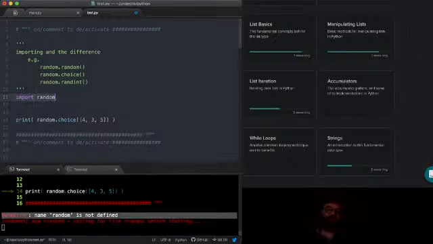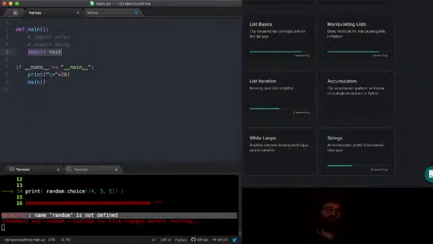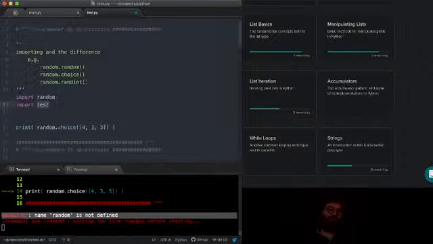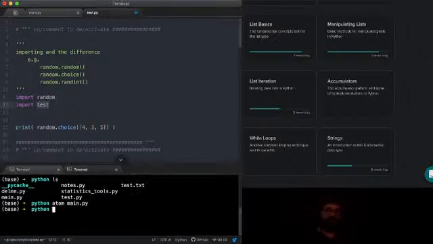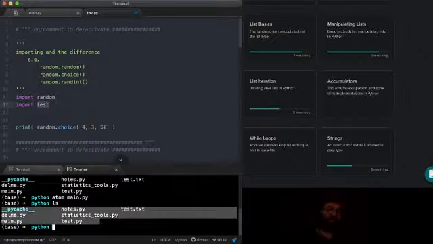In this case, you remember I had import test. And the reason it knew how to find test is it was in the same directory here, right? Let's just look at the files in this directory. I don't have a file called random, and I don't need to. In this case, Python knows what I mean by random.